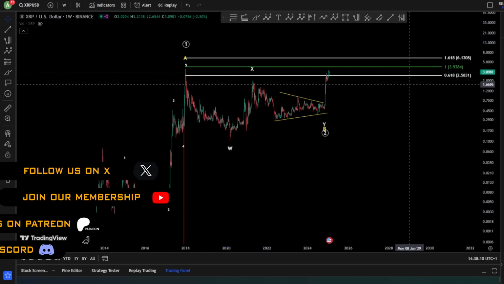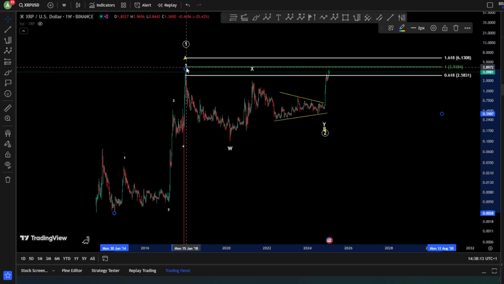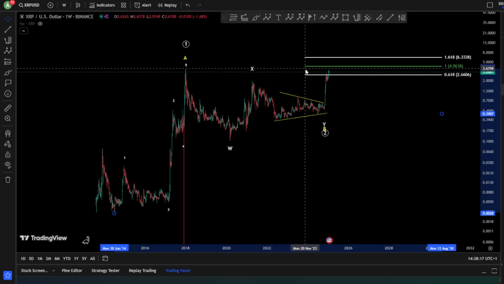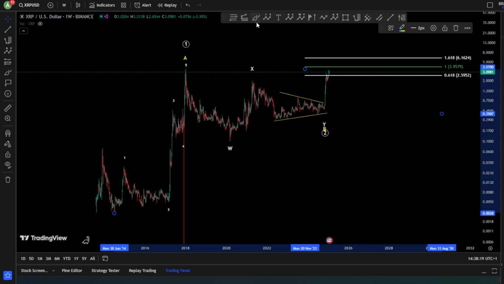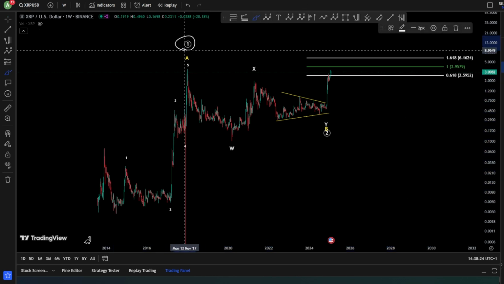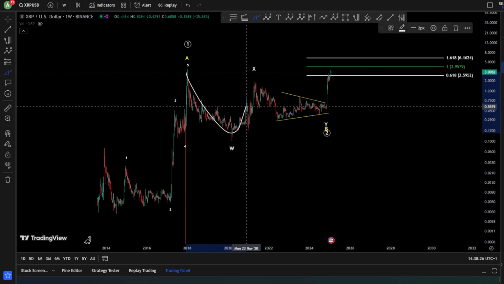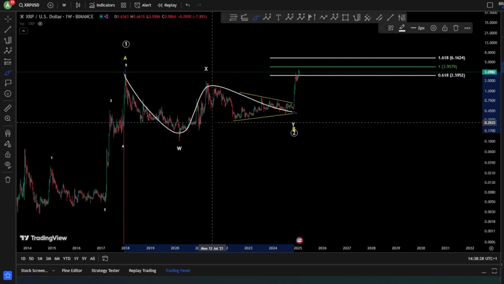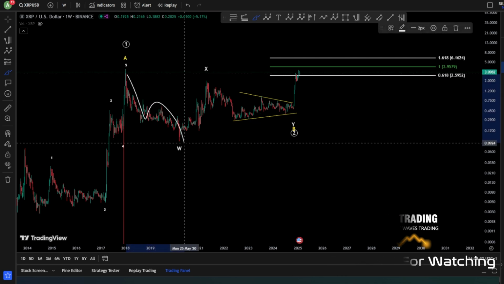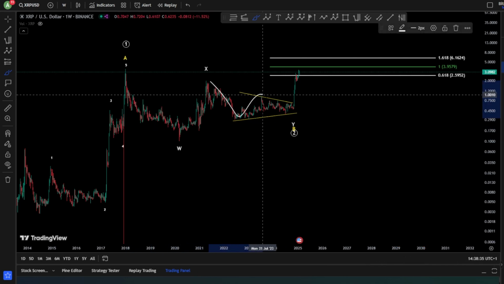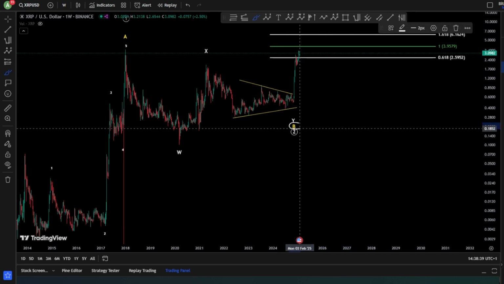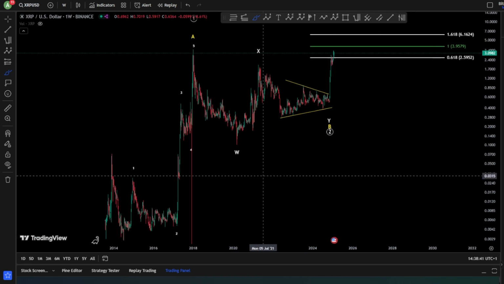Starting on the daily chart here, we are looking at XRP all-time history, of course, and we're looking here at this impulse toward the upside where we have finished a wave A or a wave 1 in an impulse. After this, we would like to see, of course, a big correction in 3 waves corrective, where we have, of course, a zigzag for W, zigzag for X, and a triangle for your wave Y. After both case scenario, you have finished, of course, a wave B or a wave 2, meaning you have finished,